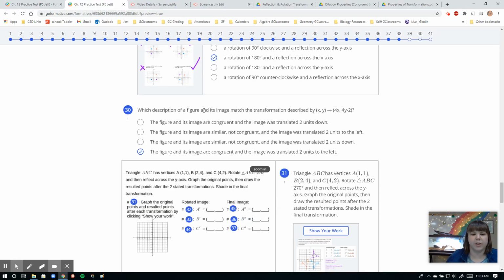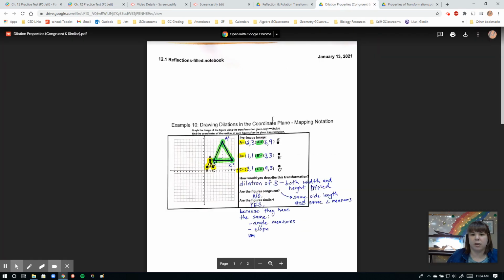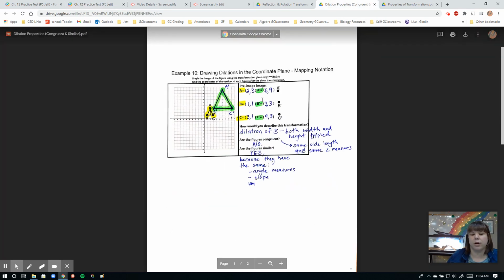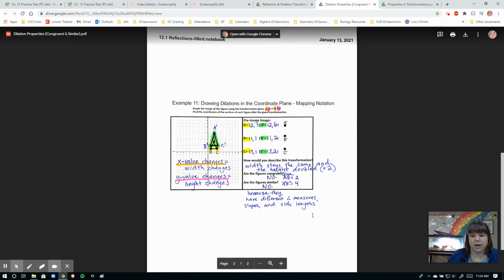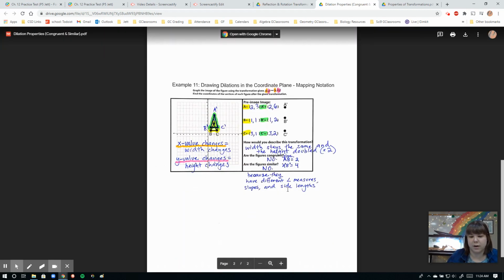Which description of a figure and its image match the transformation described by x, y will map to 4x, 4y minus 2? For this one, it's asking you, is this new image going to be similar, congruent, and then what's happening to it? So I also uploaded another resource that's our notes that goes over when dilations are similar because they have the same angle measures and slope, or when they are not similar because they have different angle measures,